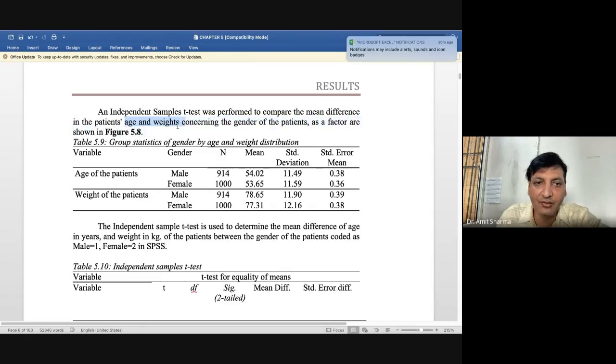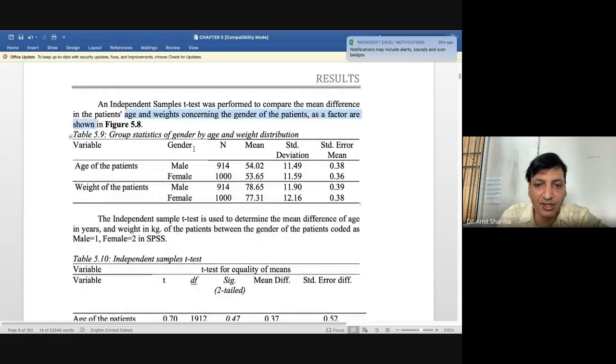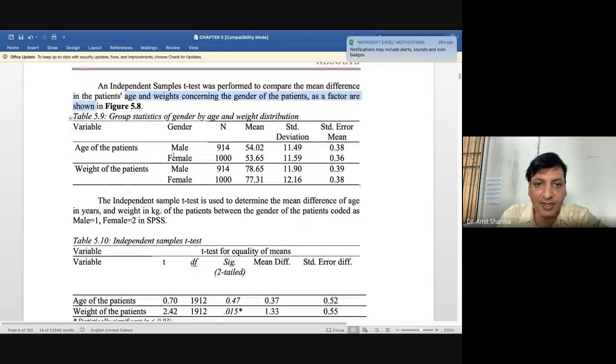One more factor you can also add, if you want. With age I have applied it separately, with weight separately, but when I was showing the result, I clubbed both tables together and the data was given in a single table.